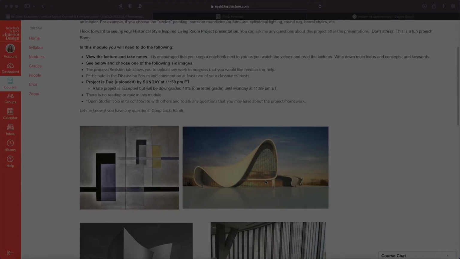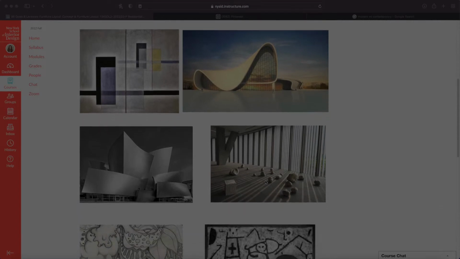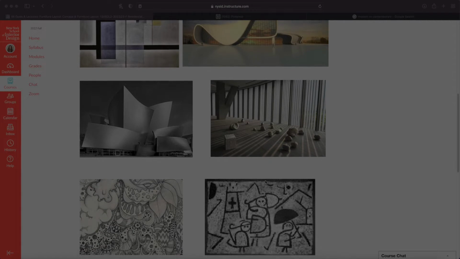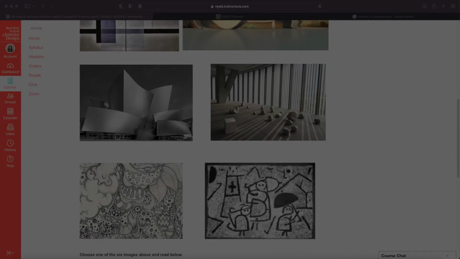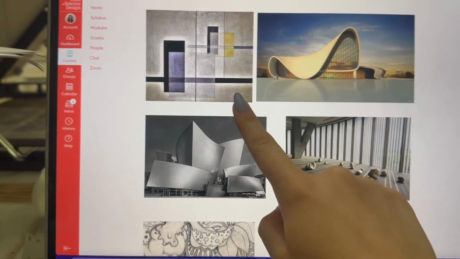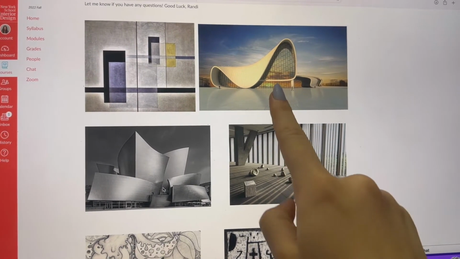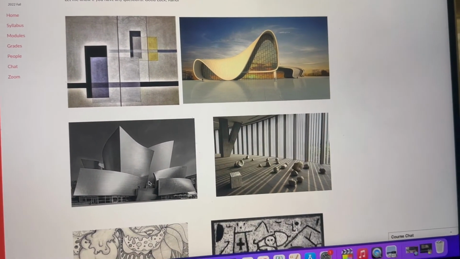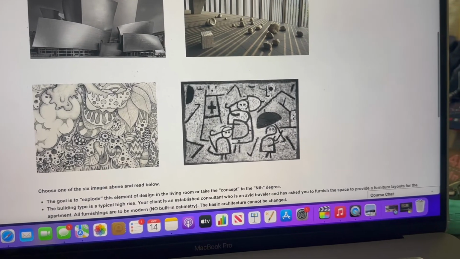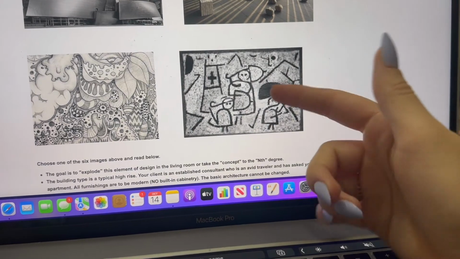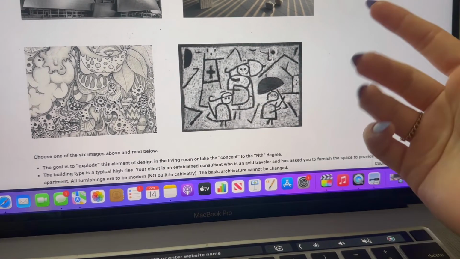So the 6 pictures, I'll just show you them. So these are the pictures we can choose from. I don't really want to do either of these. This one's too eclectic for my taste, and I already have an idea of what I kind of want to do for this project. So I'm not feeling this one. I feel like this is too safe though. You know, I'm thinking maybe this one, because there are some fun chairs and things that I could do, but I'm not loving this one. I originally thought this one, because I could do some squares, some round-ish things,